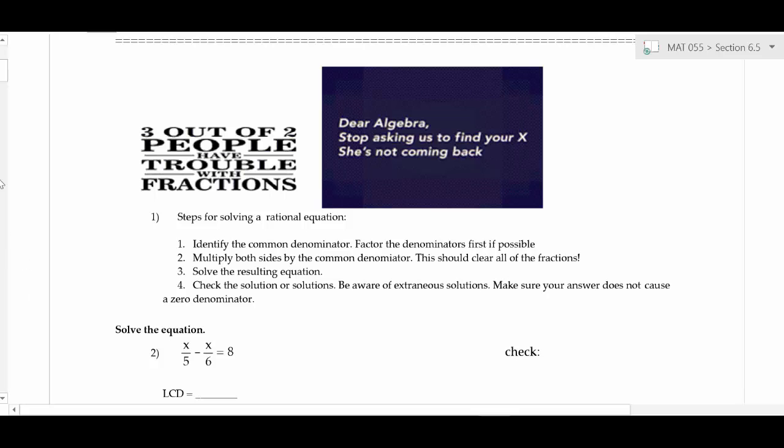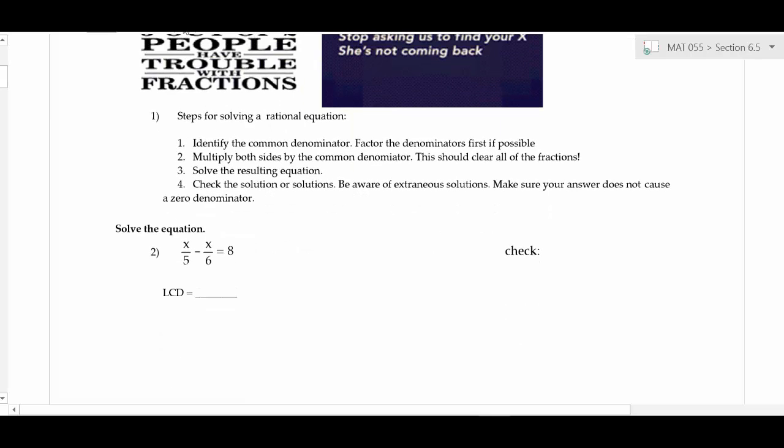All right. So what we're going to be learning how to do is, mainly we're going to be solving rational equations. And rational equations, we've already actually looked at this. We have an equation with fractions. You want to just think of these as equations with fractions, although the variable can be in the denominator. So when we have done this, and we did this on your first test, what did you do if an equation had fractions? You would get rid of them by multiplying by the common denominator,